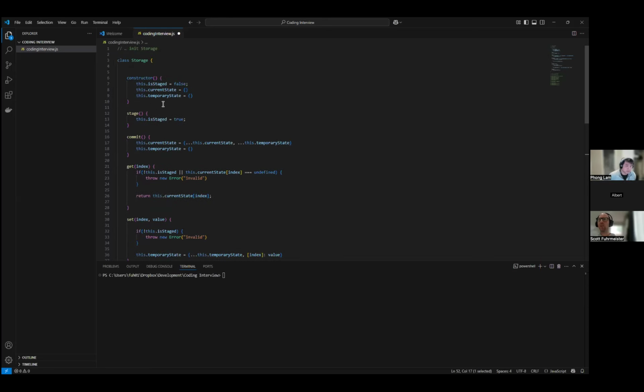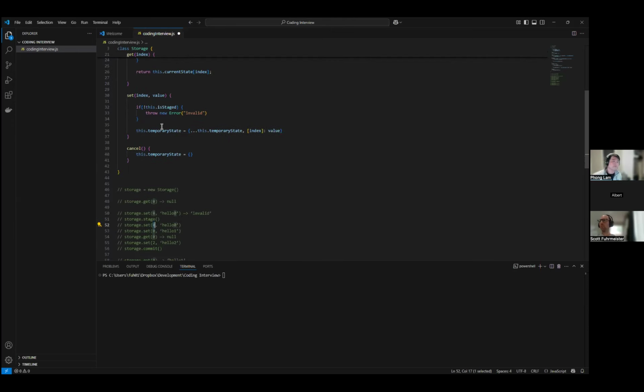Here's the next part of this. What if I need to make another method I call revert, and I can revert one stage back. Okay, you want to revert? This code so far is correct for what we are having, right? But now how would we implement revert for this? Say if I stage the storage and then I commit it, and then now I say like, JK, I don't want that. I need to go back.